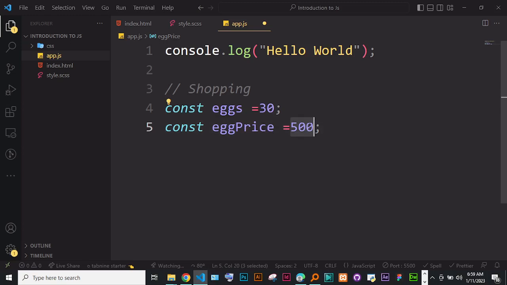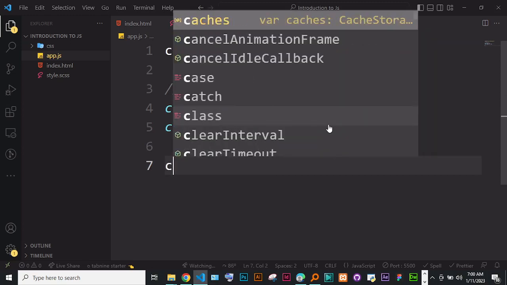So instead of keeping on using 500, we simply use egg price to reference this 500. You see, we have stored our 500 value into egg price. Every time we want to do anything with 500, we simply call upon egg price. And this can really be useful in the future. If the price changes, you simply change it in one place instead of changing all the places. Okay, so we can just log them on the console by saying